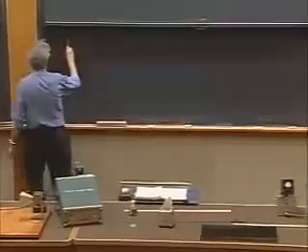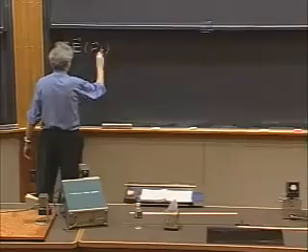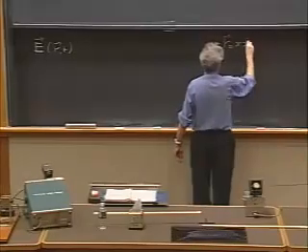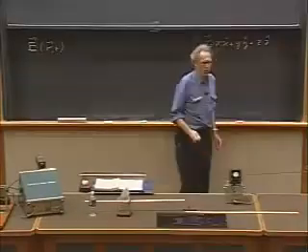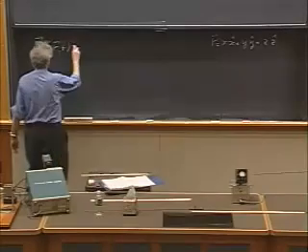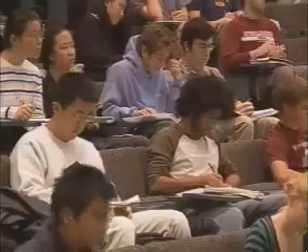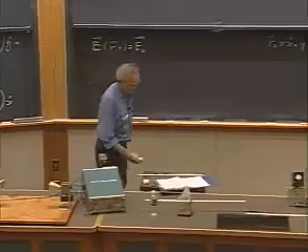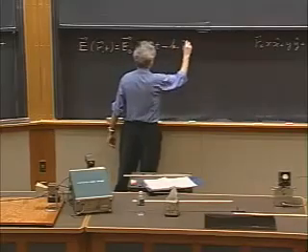And so when we do that, we now get the E vector as a function of r and t. And r is a vector in space, which is x roof plus y roof plus z roof. It's any position vector in space that you prefer. And now E0 is a vector. It's not in x or y or in z. It is in 3 dimensions, so this E0 has an x component, a y component, and a z component. And now I can write down here the cosine of omega t minus k dot r,